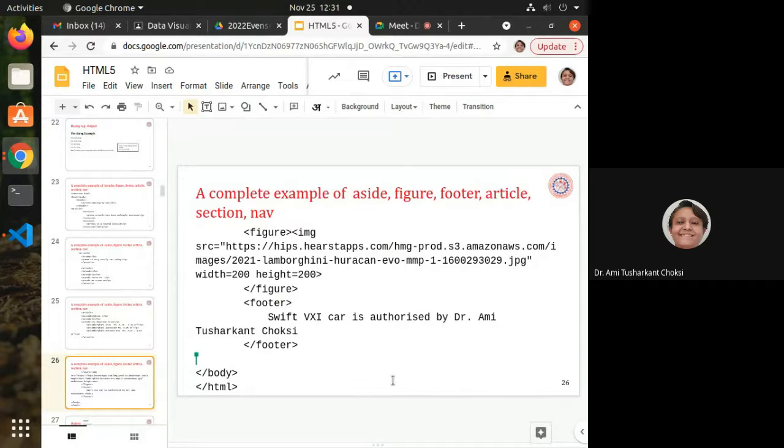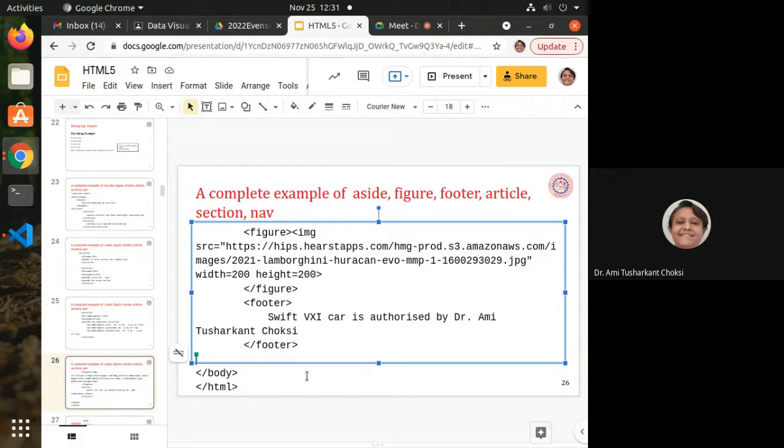Yes, see, the file is open, right? It shows the file is being used by Amit Tushar Choksi. You can say you are only there. No, somewhere else it is also open. It shows a different color, right? For editing, look here, with the cursor, this is green color. This is because another person is also using it. Other means who? My own account is open for this particular slide. As I was writing, probably some students came for signatures, and then I came here. So navigation we can use.